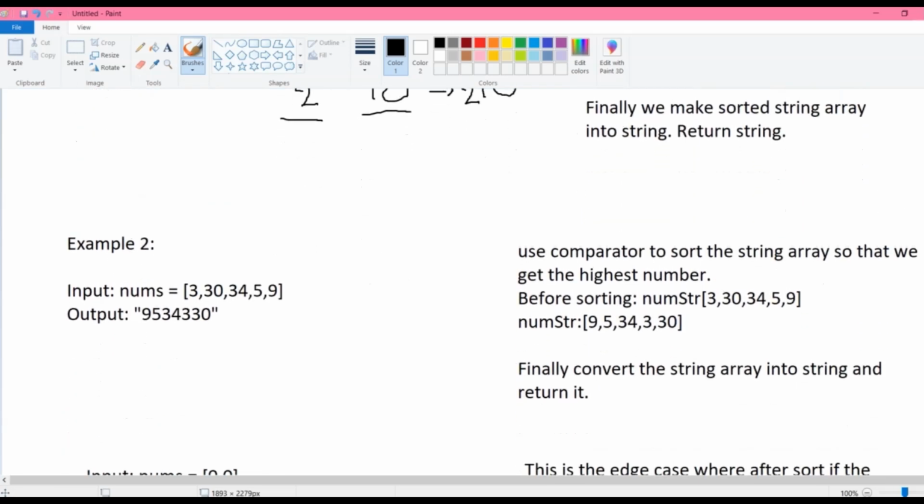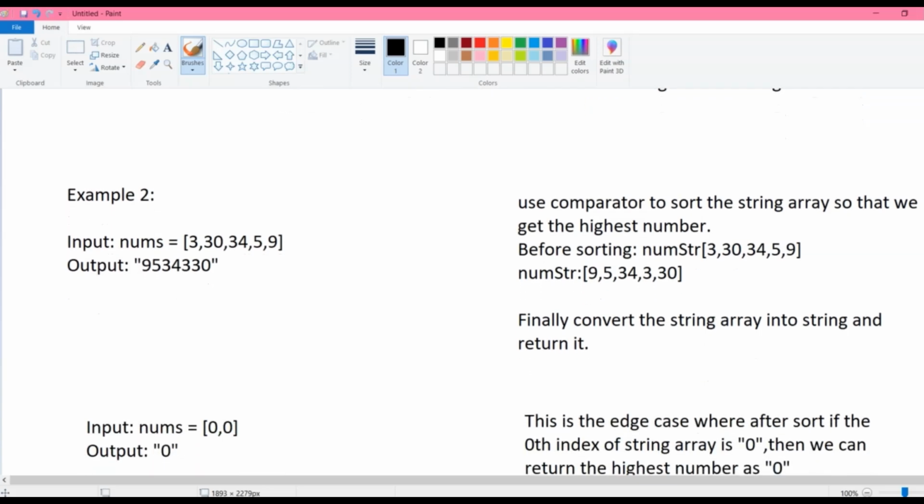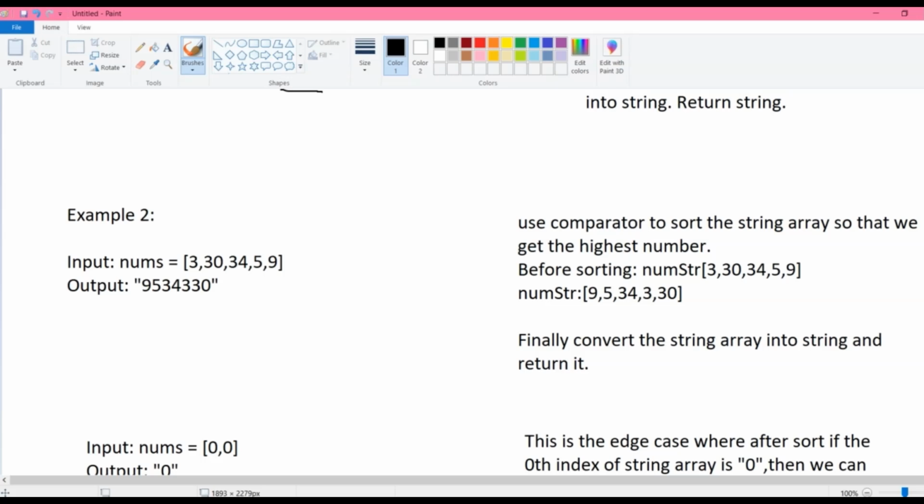The second example demonstrates the same thing: we are provided with a nums array 3, 30, 34, 5, 9, and